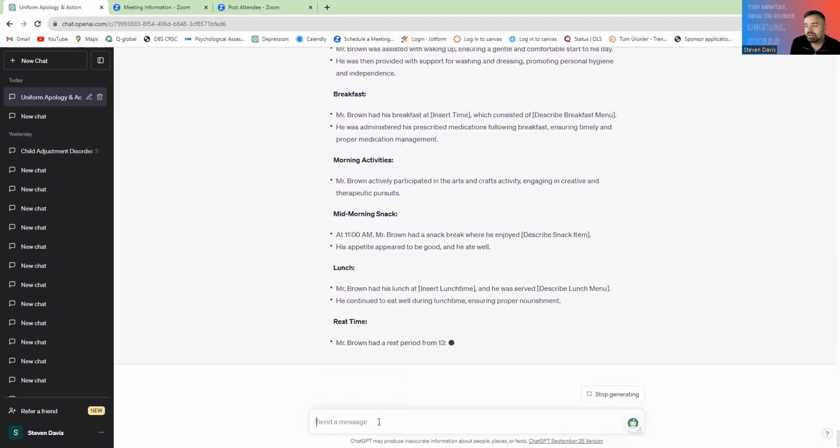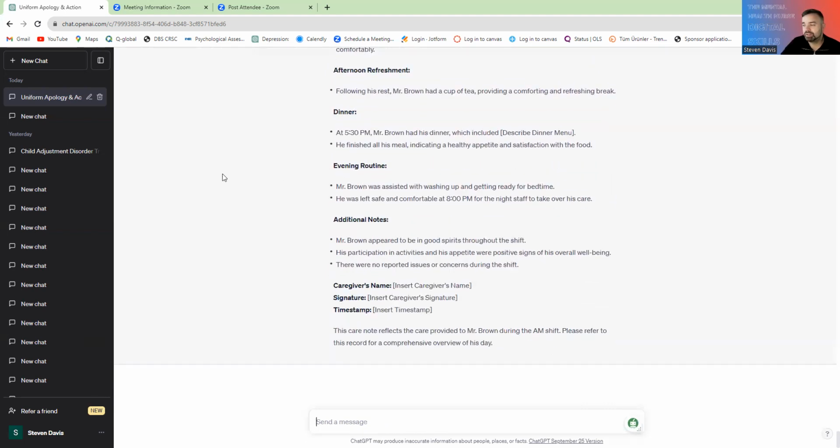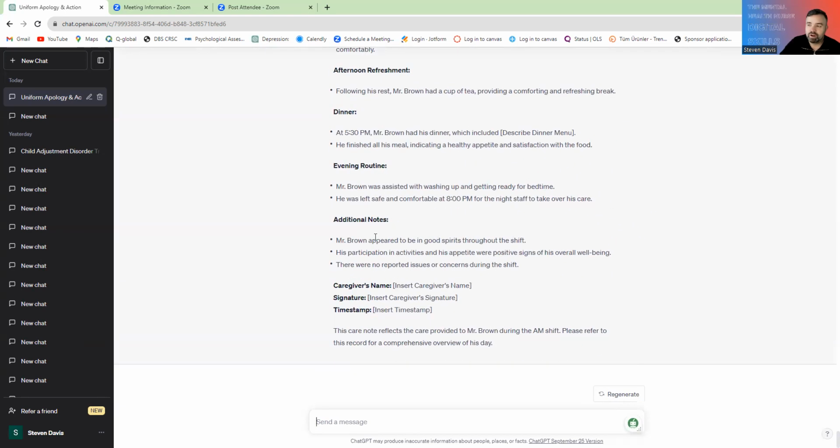It writes a far nicer care plan or activities for what happens in the day for Mr. Brown. So we can just go in and tidy that up. And it just looks far more professional. It reads a lot nicer, so it does tidy that all up if you do written notes. It can help you with crafting your written notes. Let's just say you're doing Mr. Brown here before. Mr. Brown incident report